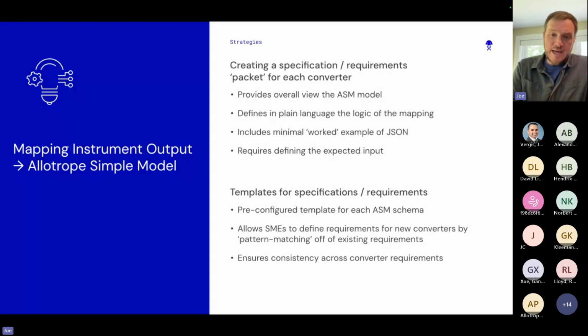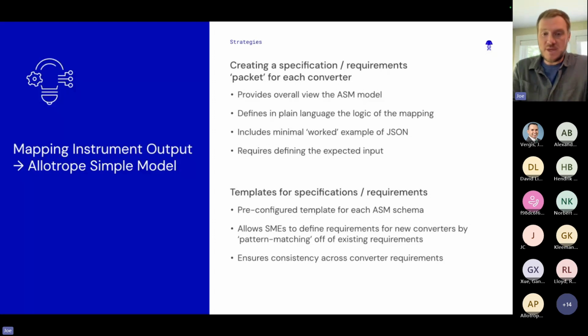What this does is it allows a new SME who maybe has familiarity with the technique, but less familiarity with, say, the ASM, to pattern match off an existing requirement and say, oh, okay, I know what this maps to, without necessarily having to read the code to know exactly what the behavior is. And this also helps ensure consistency across these.